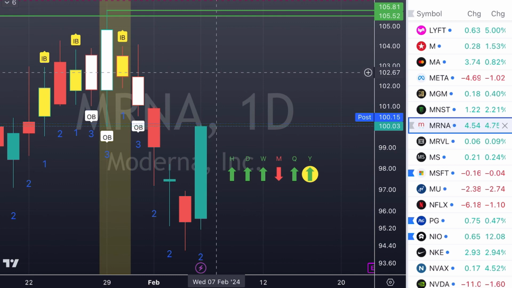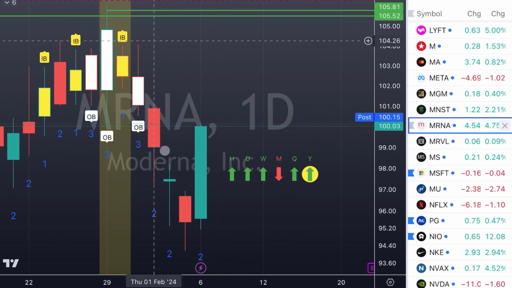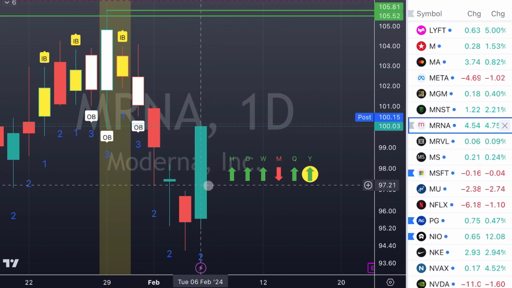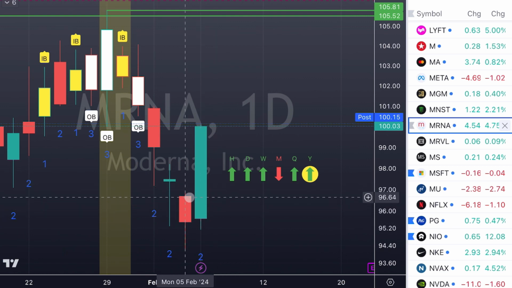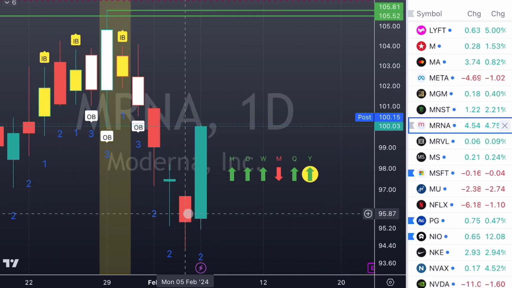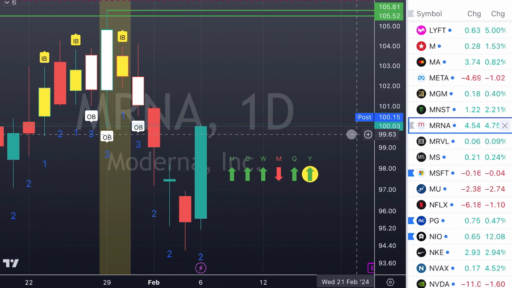Moderna. Here's another one. This was a 2 down red. And I didn't give it on the list, but this is what we're looking for, guys. We're looking for those 2-2 reversals. Does this have to be green? It doesn't. Okay, if you were watching this and said, oh man, we broke and it went 2-2 reversal to the upside, you could have jumped in this trade. There's more probability if this is green, but it doesn't mean it doesn't work. Okay?